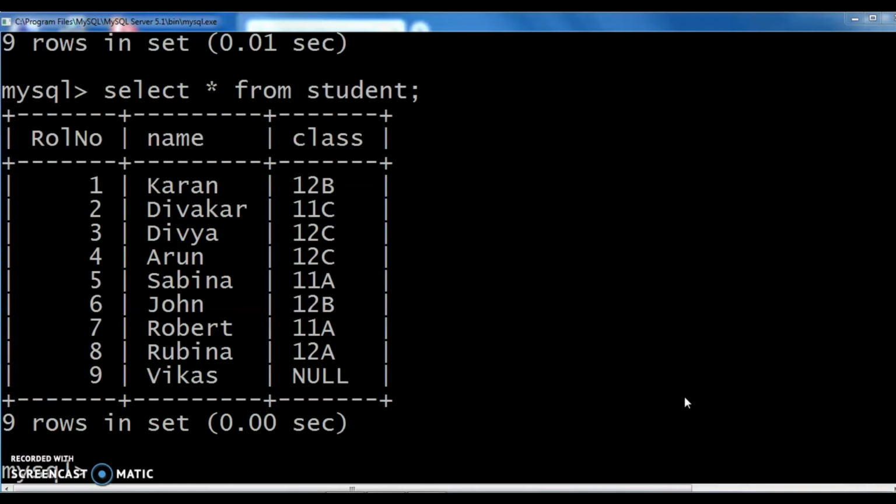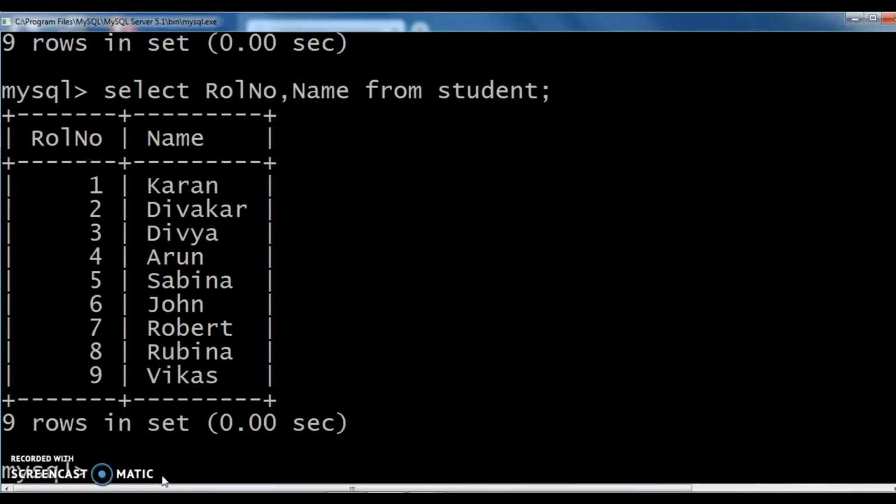Next one, only roll number and name I need from this table student. How can I use that field names? Check this one. Select roll number, comma, name from student.